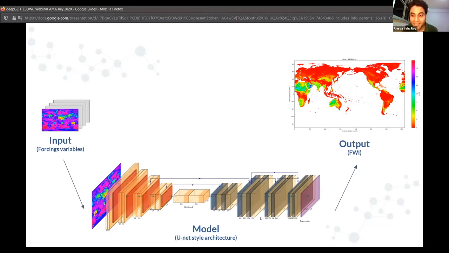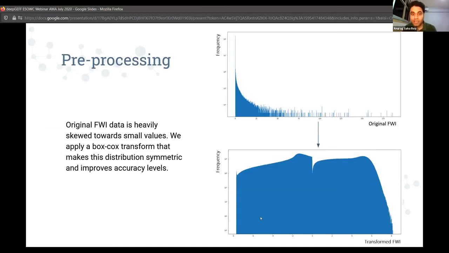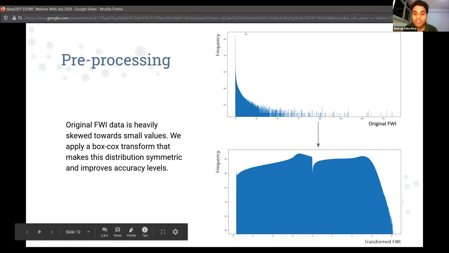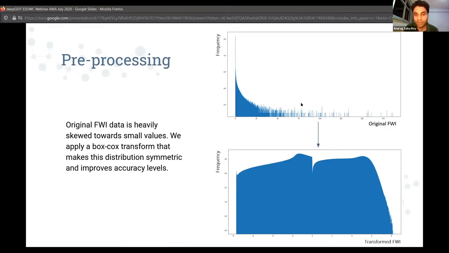Yeah, and right. So I think I was talking about how it is fun and exciting to work with data, but there are also challenges. So in the global scenario, you don't have a lot of wildfires, which is why wildfires make news. We of course have wildfires, but very large and very big wildfires are not that many, or not as broad as, let's say, a restaurant in your city, which is why you have this small subset on the left, which tells you that most of the data points to small FWI values.